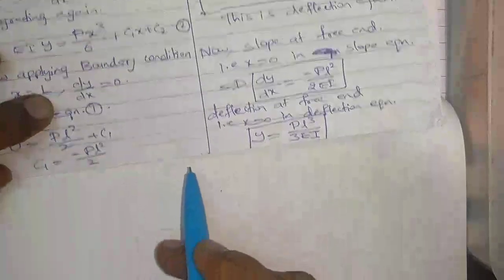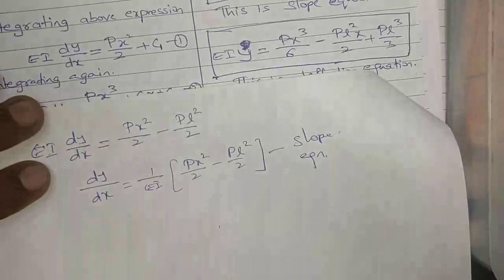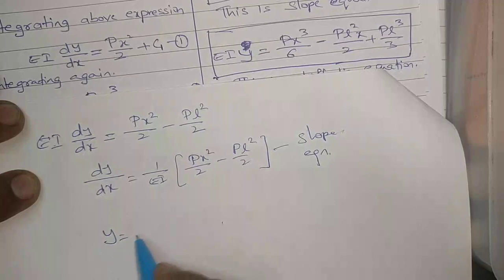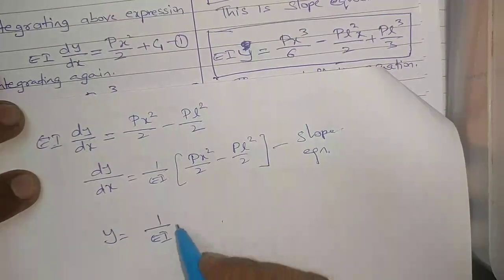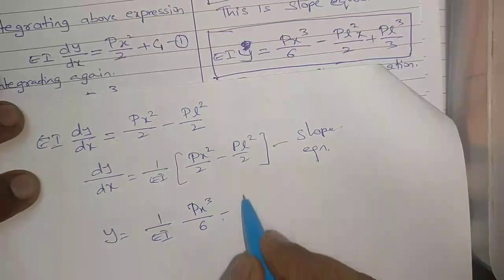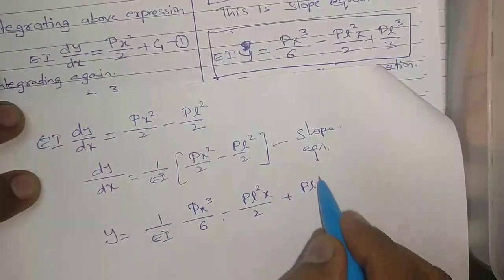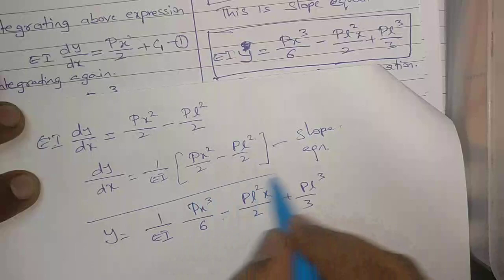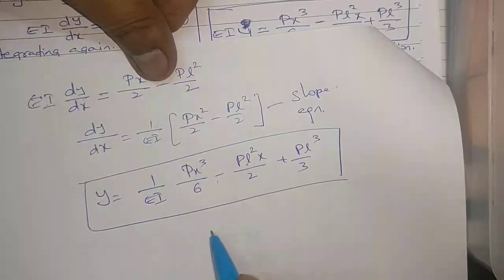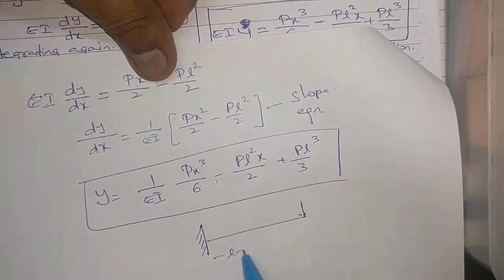Now the deflection equation we got here is y is equal to 1 by EI into Px cube by 6 minus PL square x by 2 plus PL cube by 3. This is the deflection equation. Now if you are getting a problem like this, any problem with L is equal to